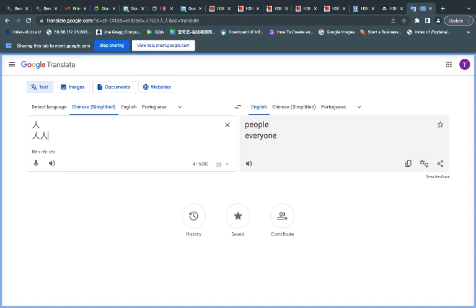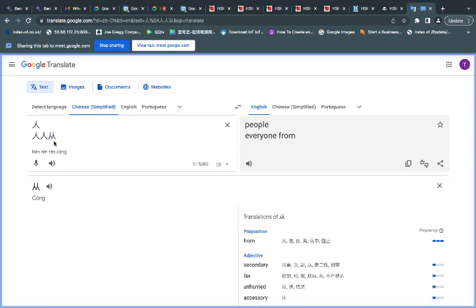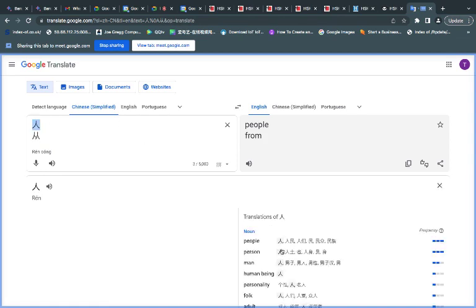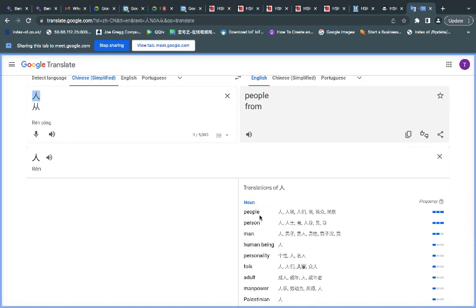The character is Tong. Can you think what Tong means? Okay, person or people, that's Ren. Person, man, human being, all right?